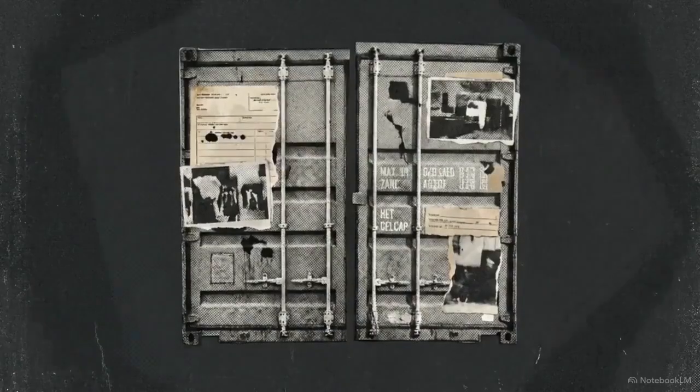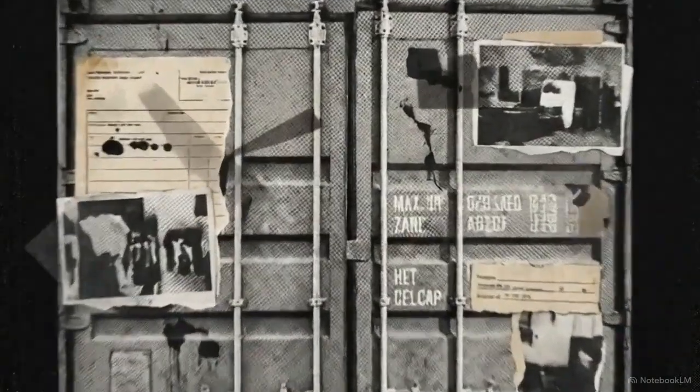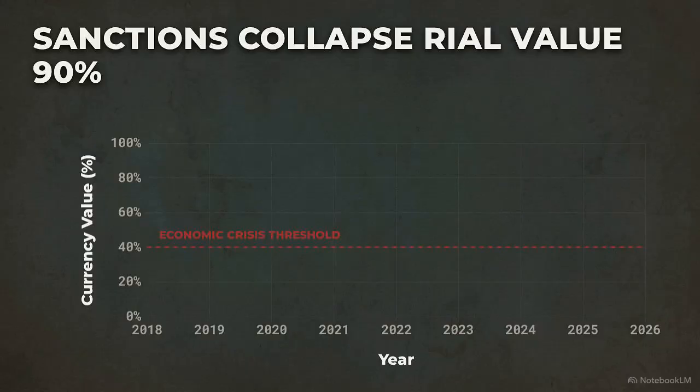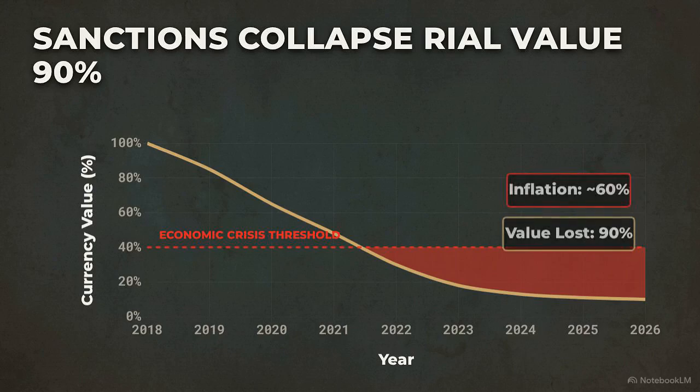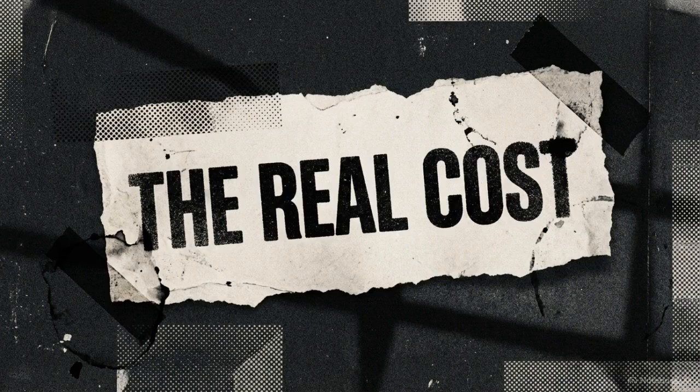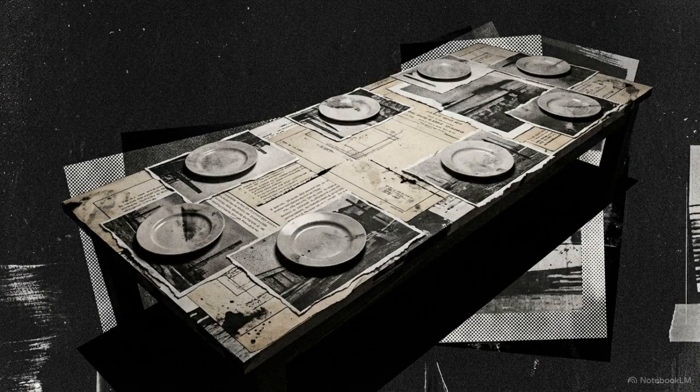Long before the first missiles fell, a different kind of physical siege was already underway. Economic sanctions function as active warfare, specifically engineered to physically cut off a population from basic material survival. This chart tracks the value of the Iranian rial. By severing the country from the global banking system, foreign powers collapsed the currency's value by 90% since 2018, driving inflation to nearly 60%. The numbers translate directly into severe pharmaceutical shortages, collapsed wages, and widespread food insecurity for tens